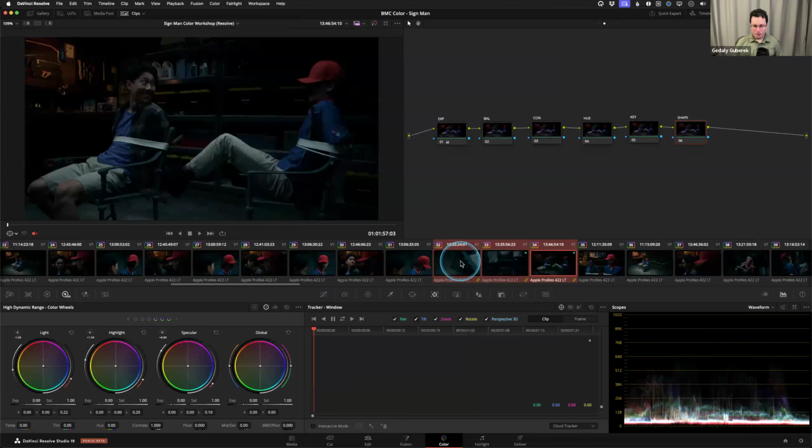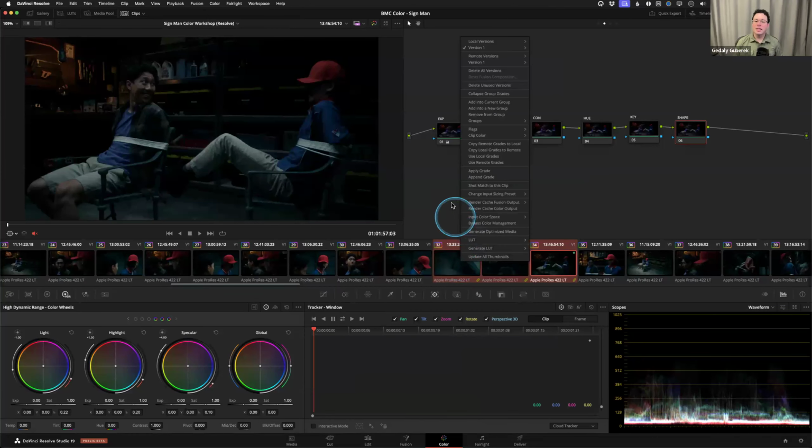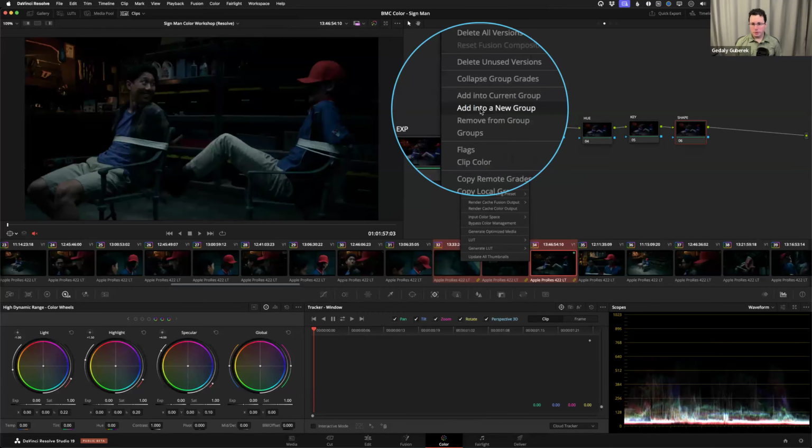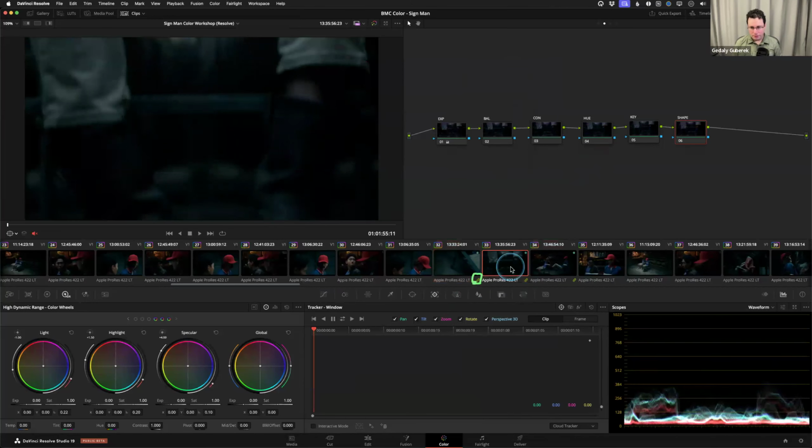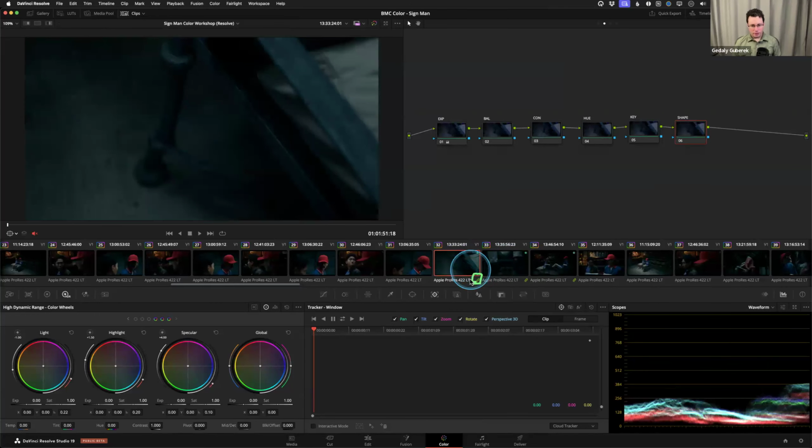I can highlight them, right click, and I can go to groups, or I can add into a new group, and it creates a group. So it links all of these, and I've done that already. So you can see there's this little link icon when one of these 3 clips is selected. That means all of the